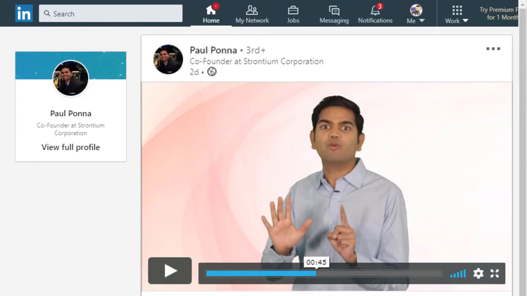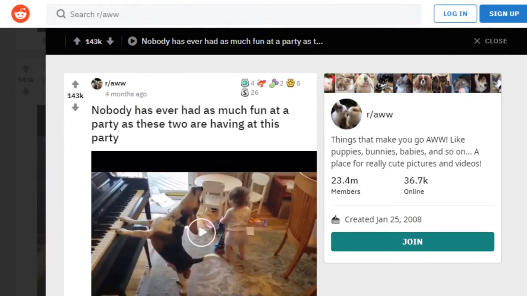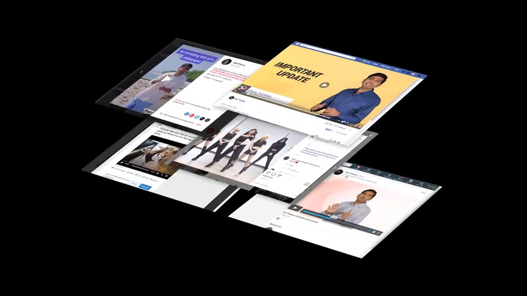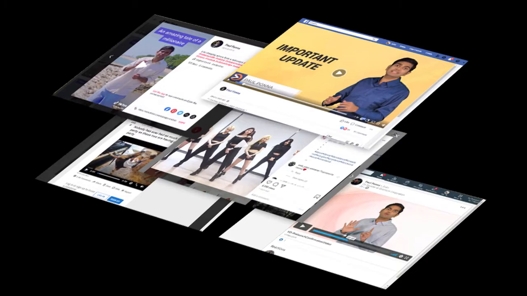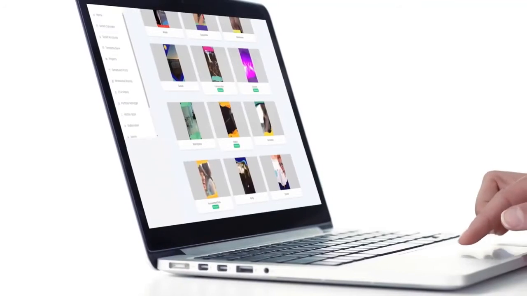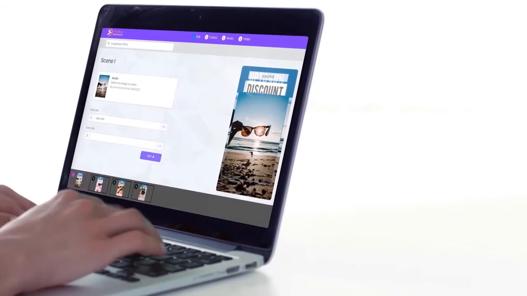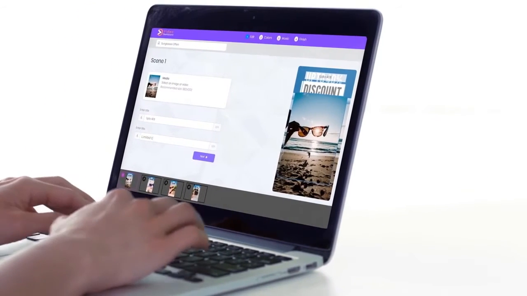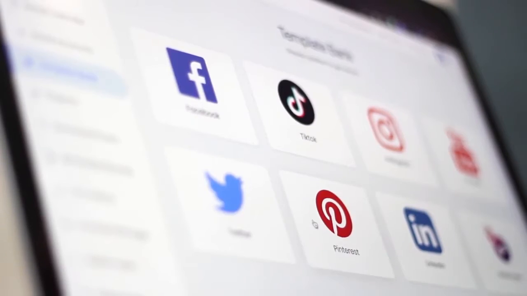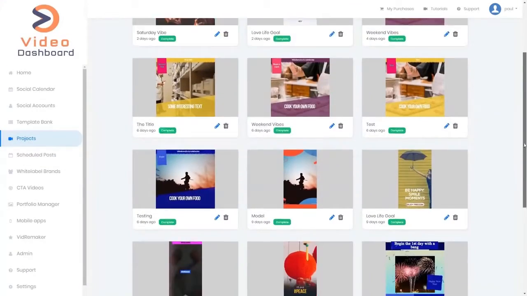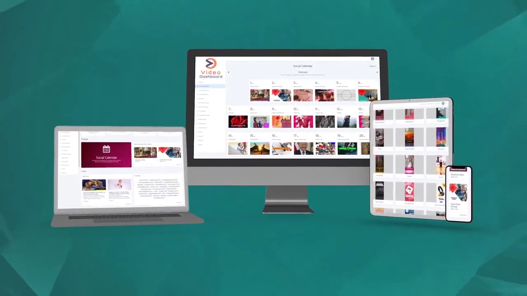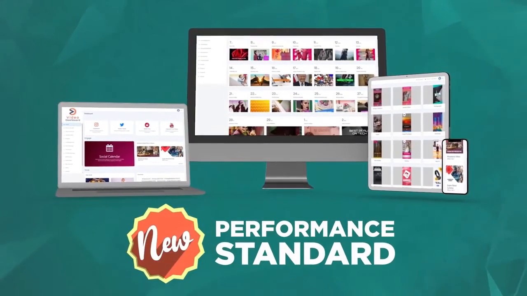So you can multiply your results with just a few more clicks by publishing the exact same videos with automatic platform-specific optimizations across every single platform and social network to ensure the best results. We handle all the platform compliance requirements behind the scenes automatically using machine learning to ensure every video that you create is designed for maximum impact, which means more traffic, leads, and sales